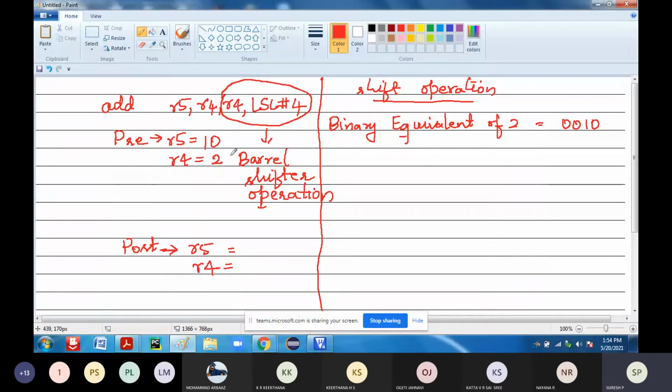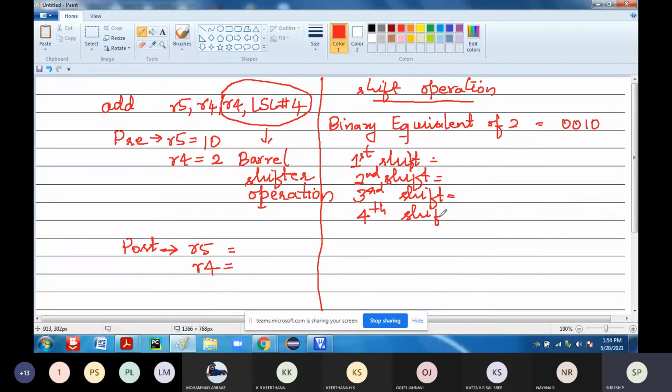So go step by step. Any doubt? How many shifts do you have to do? You have to do 4 shifts. First shift. If you are weak in shifting operations, you just write it like this and do it. Take the time till you become comfortable with shift operations.